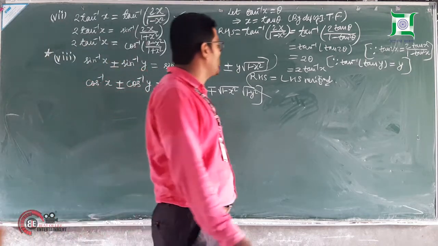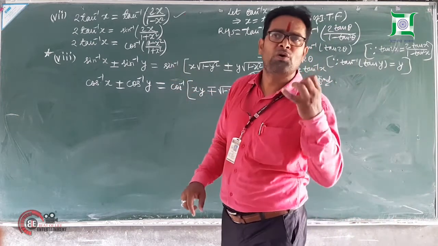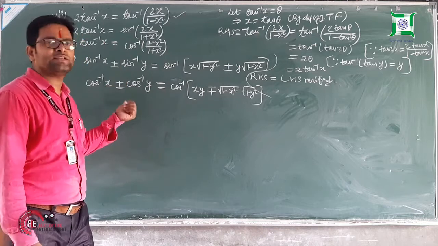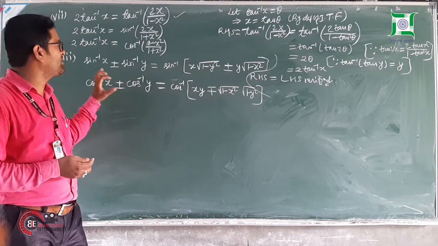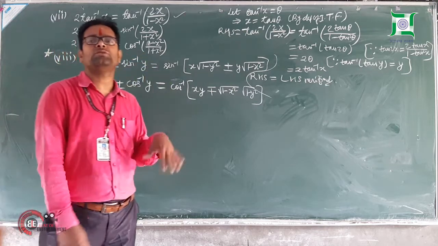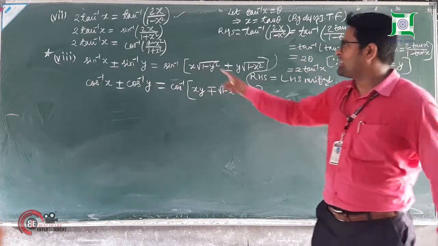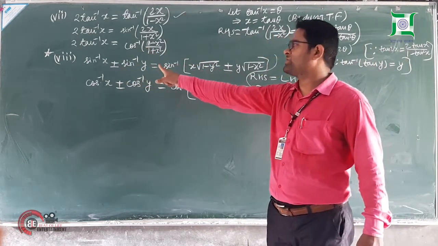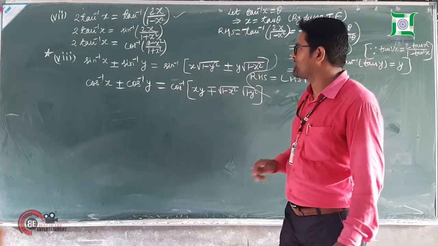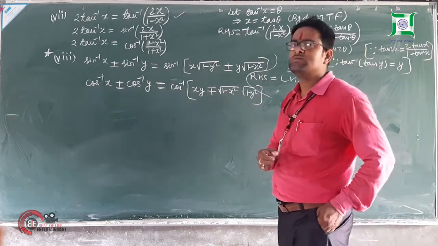So see this formula, it is just looking like the compound angle formula for the cosine function and tangent function which you have studied in class 11, we can easily prove them. What you will do, let sine inverse x be equal to any other variable, z or theta or any other. Then we can easily change sine inverse x plus sine inverse y. A simple example I am giving. Let sine inverse x be equal to theta. Then x is equal to sine theta.